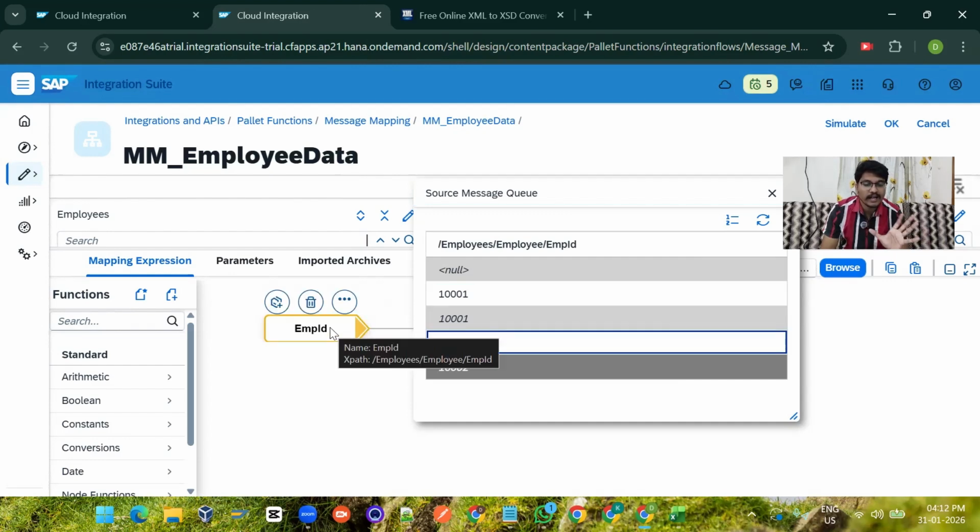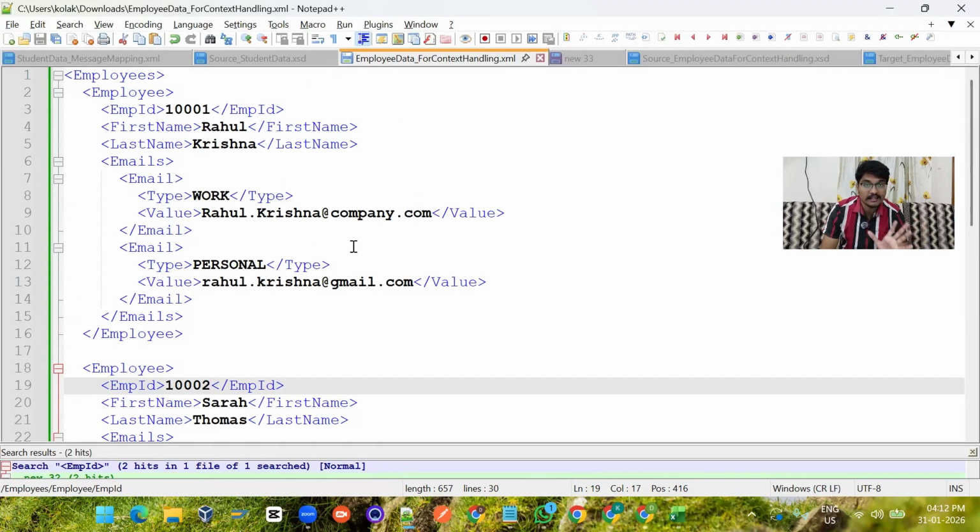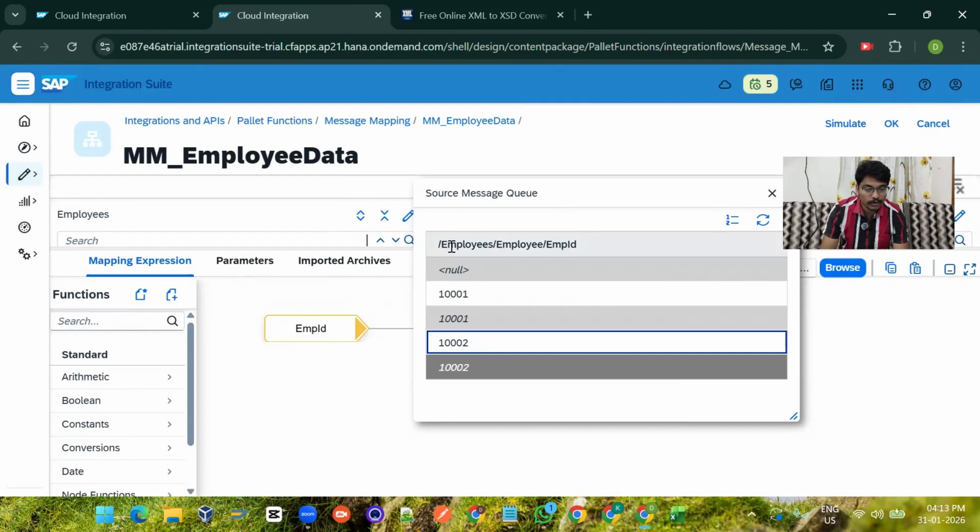So employee ID appeared 2 times in the entire XML payload. I have given this XML as the sample input for our message mapping. So it is telling me that the employee ID, employees/employee/employee ID, appeared 2 times in the entire XML file. And what are those values? 1 and 2. Clear, right? So a queue will hold all the values of a field in the entire XML document. This is very important for us. We will hold on to this,